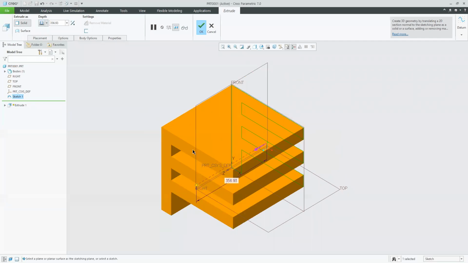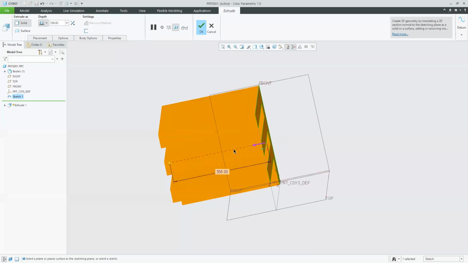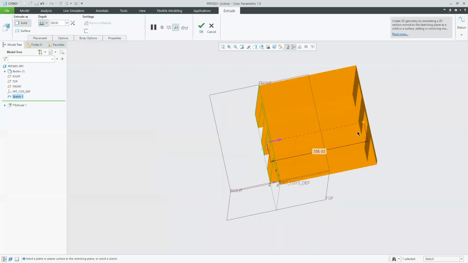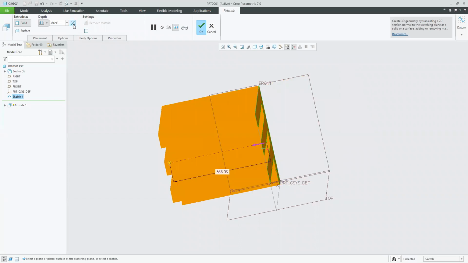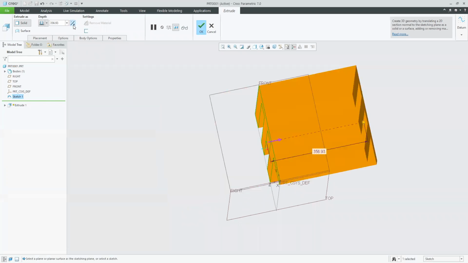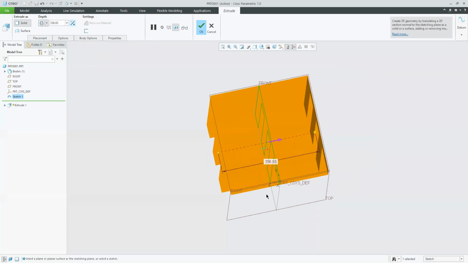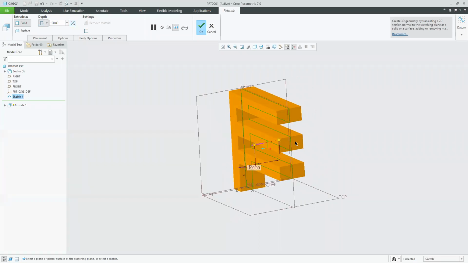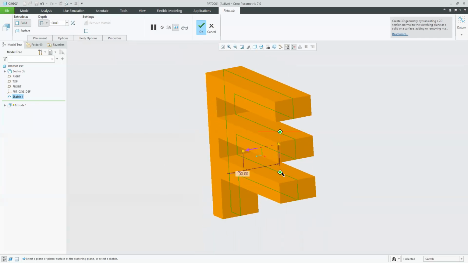This is a blind extrusion which will go in one side. Either this side it will go, or if I click here, either this side it will go. I can flip the directions in this way or this way. If I am clicking on this button over here, this is a symmetrical extrusion. Whatever we are typing over here, for example, if I am typing 100, then half, that is 50, will be on one side and 50 will be on another side. We had a symmetry button in our CATIA. Okay, simple, fine till here.